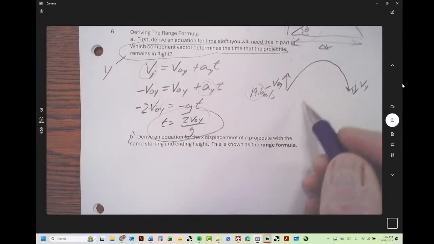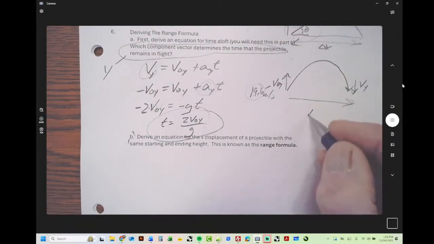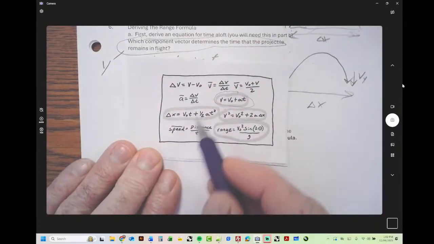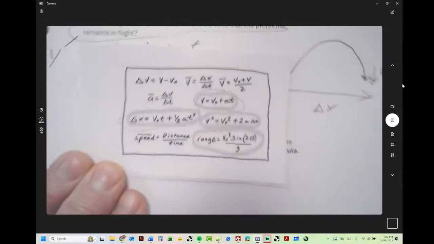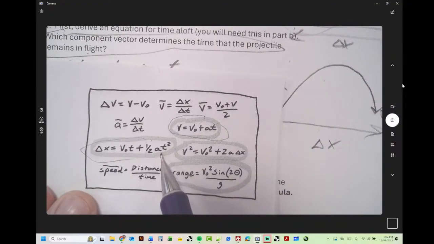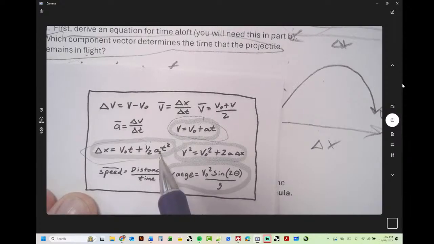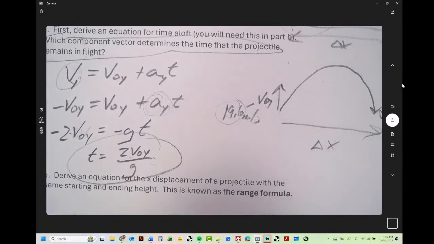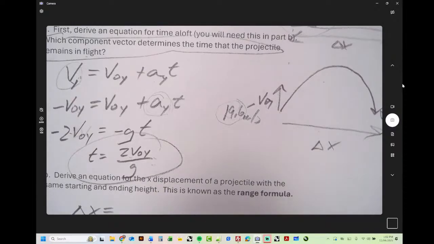So now I want to get a formula for delta x here. And the nice thing about the x dimension is I can use this new formula, but it becomes really simple in the x dimension, because in the x dimension, what's the acceleration? 0. So this is all gone, and we get delta x equals v0 times t. This is basically distance equals rate times time. That's what that formula becomes. So I'm just going to write that. Delta x equals